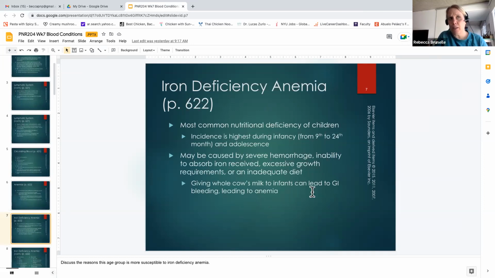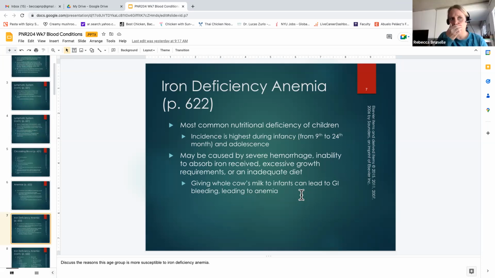So iron deficiency anemia is the most common type of anemia. You need iron to produce hemoglobin, so that's the most common type. It's usually diet related. You can also have blood loss that then causes you to have iron deficiency anemia. And it mentions here cow's milk again. Does anyone remember at what age we start introducing cow's milk to infants and children? At 1 year. 1 year. Okay, very good.